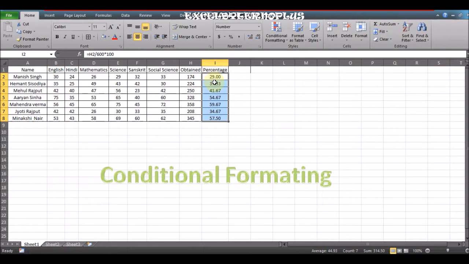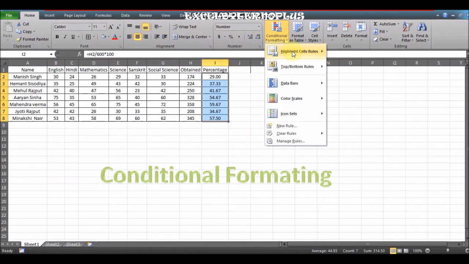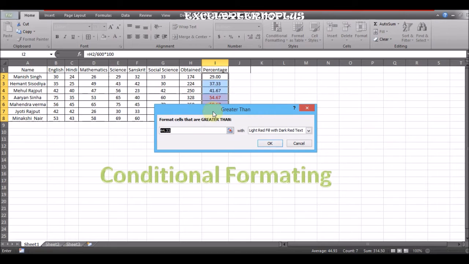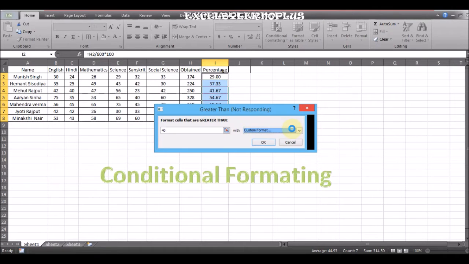Formatting is just coloring the font and highlighting the cells, and for specific cell values, that's why we are using conditions. So I go to Highlight Cells Rules and go to Greater Than, and this is the first rule. I select Greater Than and select a number. I just use 40, and different types of highlight colors are available. You can also go for custom formatting, and the Format Cells window will open.